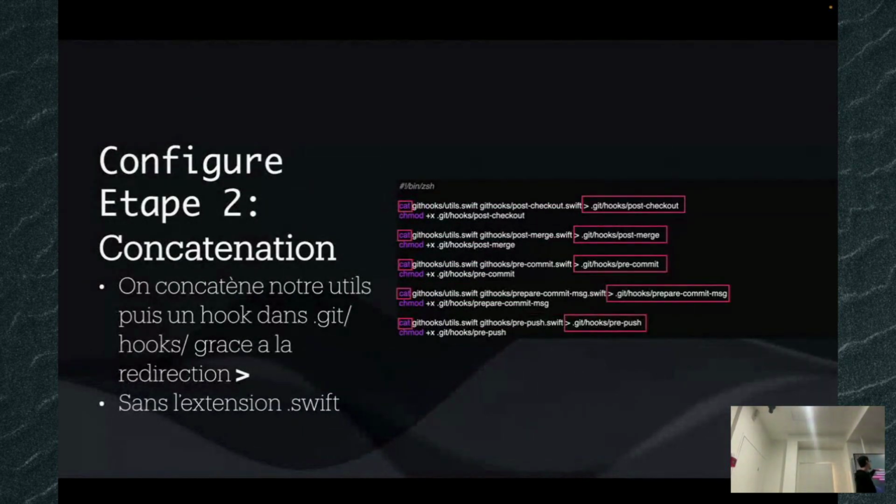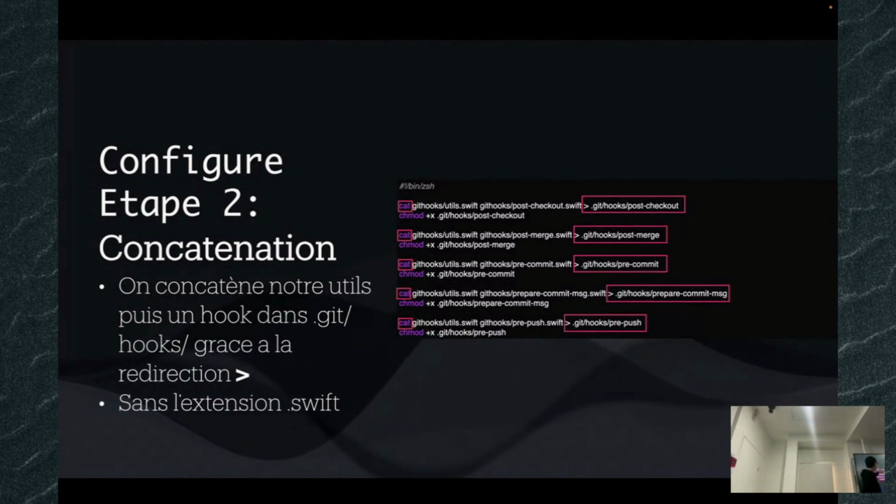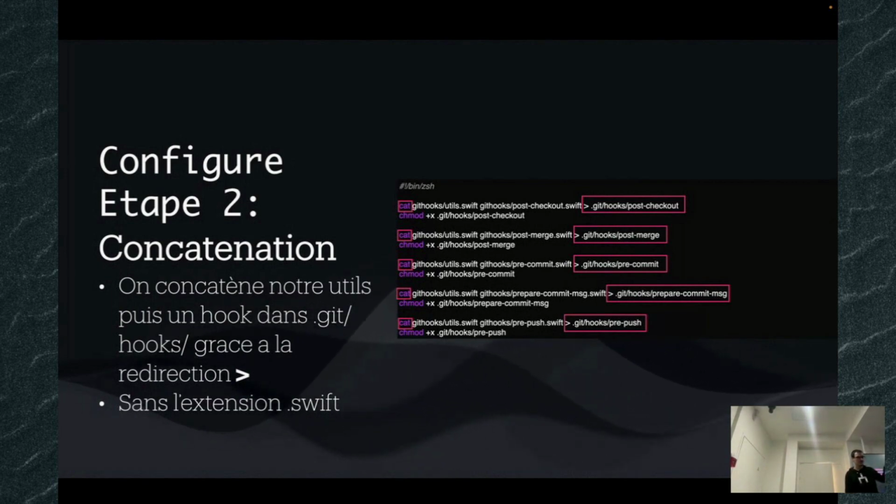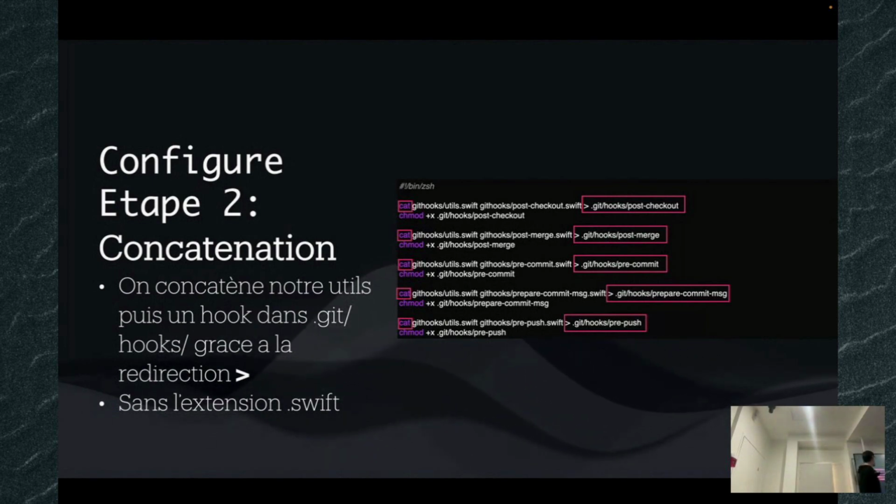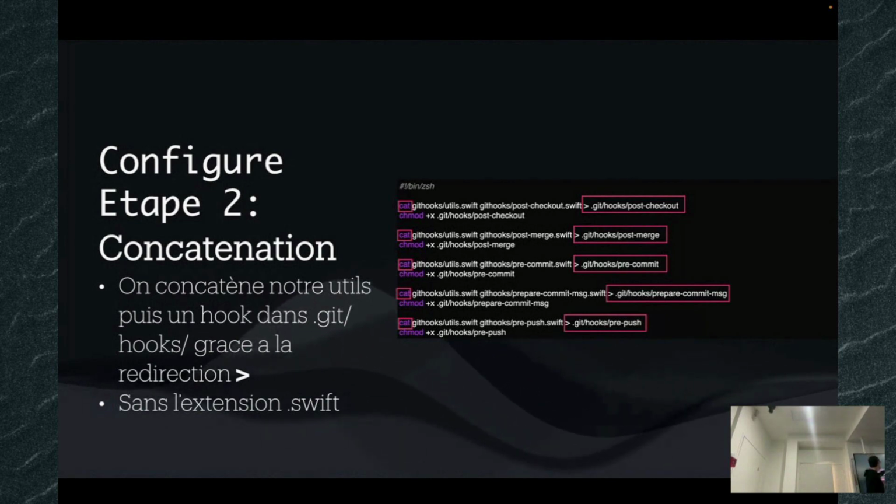The second step when you write it is to make this. So this command is the way you want to do this and this. You take a file, you concatenate. It takes those two files here, and I will put it here. And if you see, I have a utils.swift. Why do I have to do that? This is because there is no import feature in Swift. I can't take two files. I cannot just put a single file here and inside it write import utils.swift.